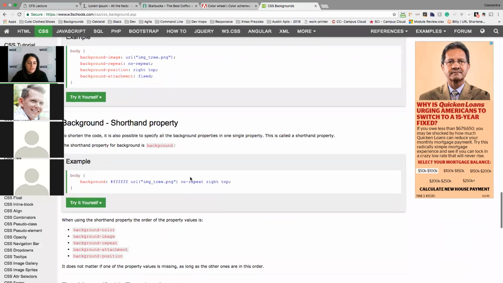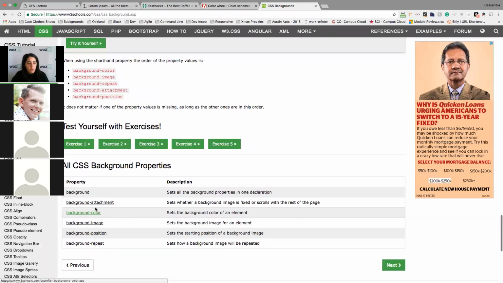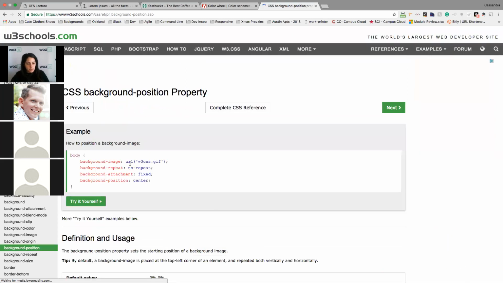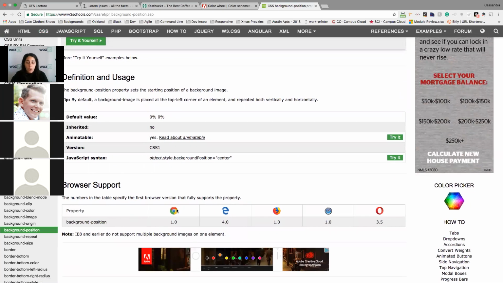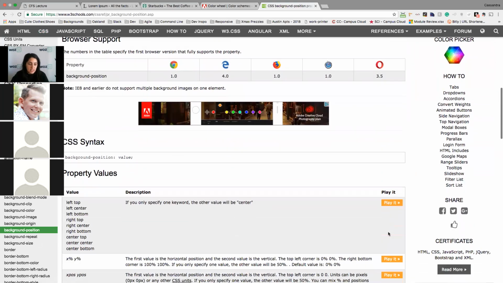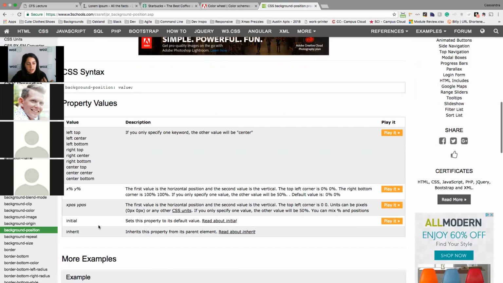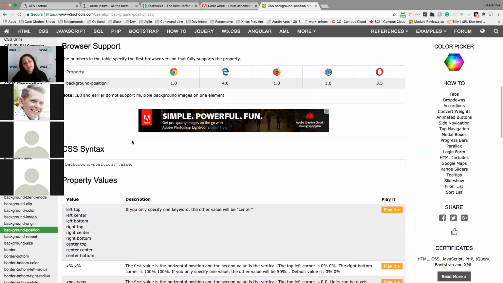And then it also tells you all the different values that they could equal to and what these different properties do. So background position, for example, is one, and then it has the default values. And it gives you a lot of information of what browsers support this and things of that nature. So you can have all those things in mind. And here you can see the different types of values that you put into that one property. So as you can see, for this one property, we have, let's say, I'm going to estimate 12. I'm not going to even count that. So you can see that there's an infinite number of combinations that you can do when you are doing CSS.